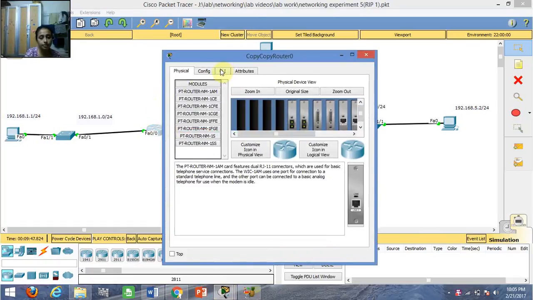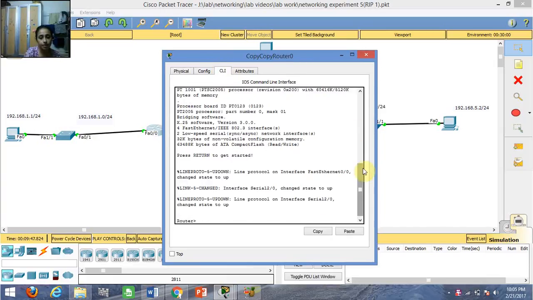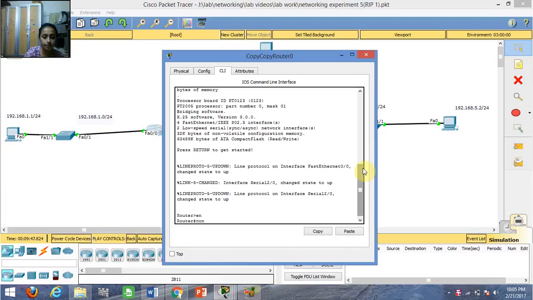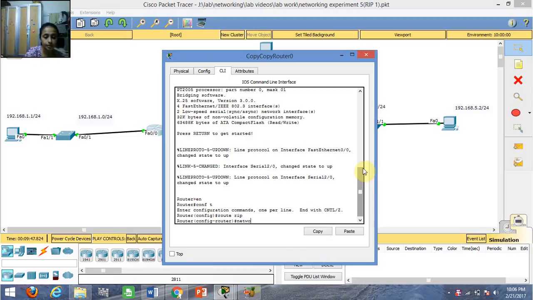In order to dynamically route the routers, we have to go to each and every router and then go to the CLI, and there we have to type the following commands: first en, then config t, then router rip, and then give the network addresses of all those networks which are directly connected to this particular router. So to this particular router, the directly connected networks are